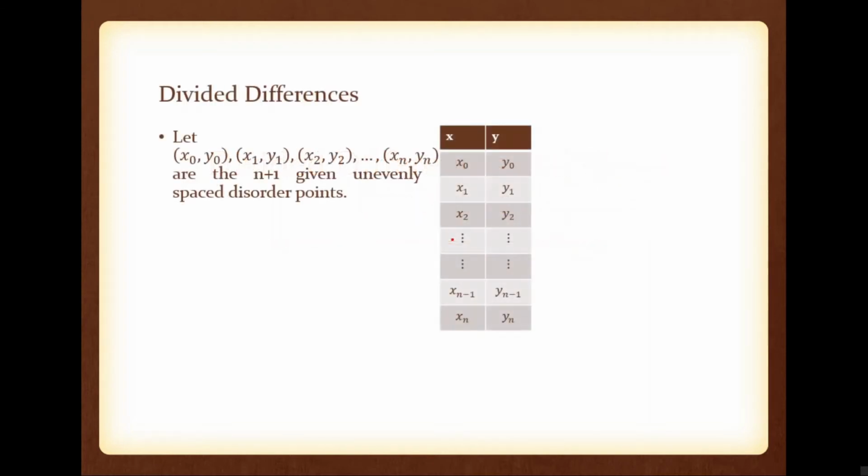So assume that we have n plus 1 data. We have an unknown function whose n plus 1 data are x0 comma y0, x1 comma y1, x2 comma y2, etcetera, xn comma yn. Please note we have n plus 1 data. So what is the largest degree of polynomial that we can interpolate? We can interpolate a polynomial with a maximum of nth degree, right? We can interpolate an nth degree polynomial.